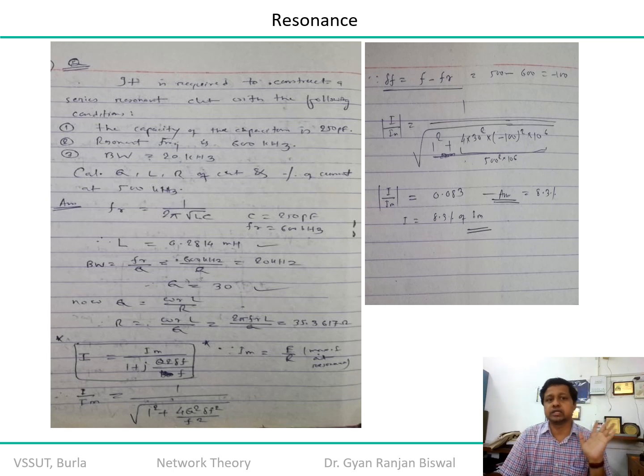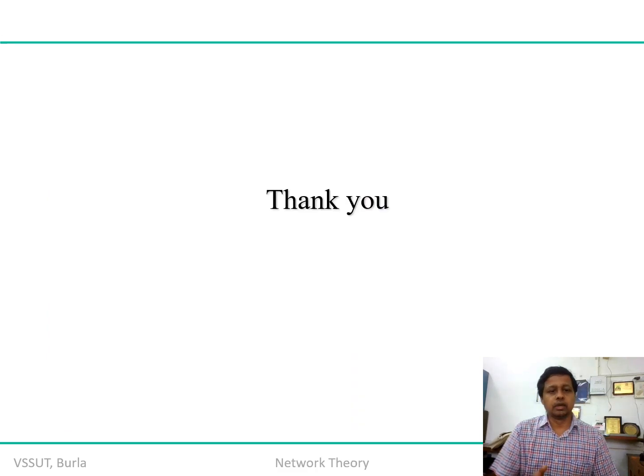So remember, IM is the highest magnitude of current. I hope that you enjoy this problem. So we can see similar kinds of circuitry. I hope that all the fundamental aspects relevant to the network function should be clear to you now.